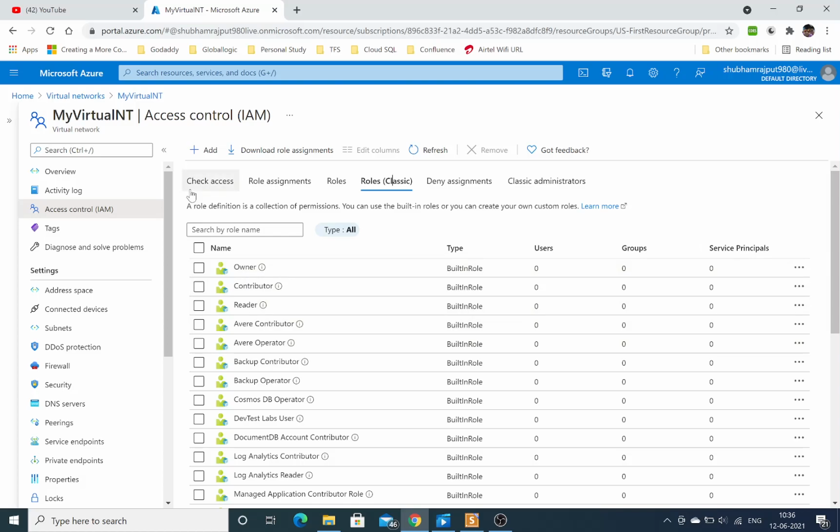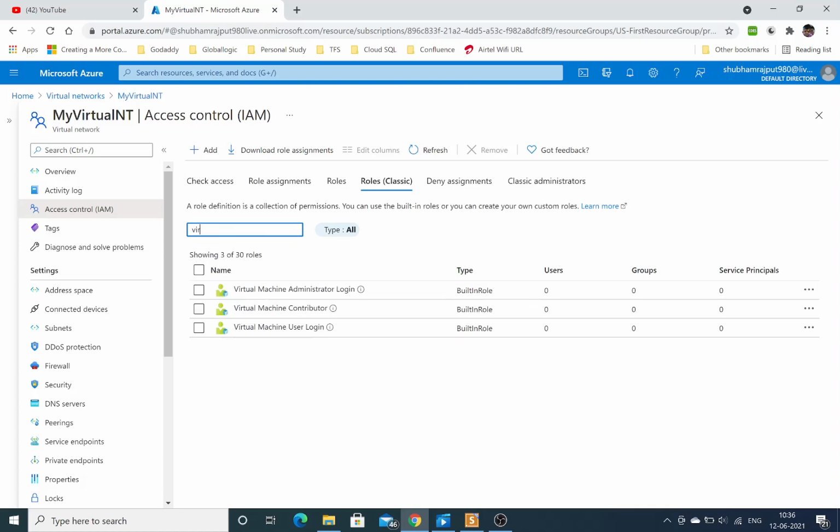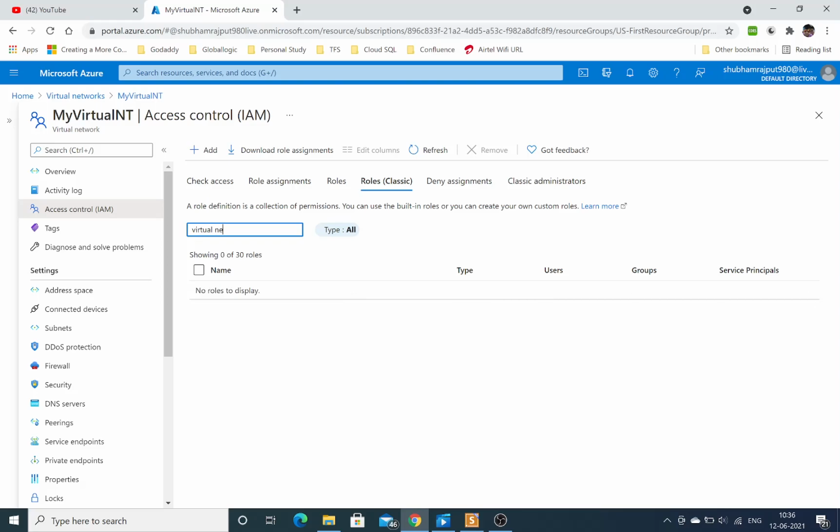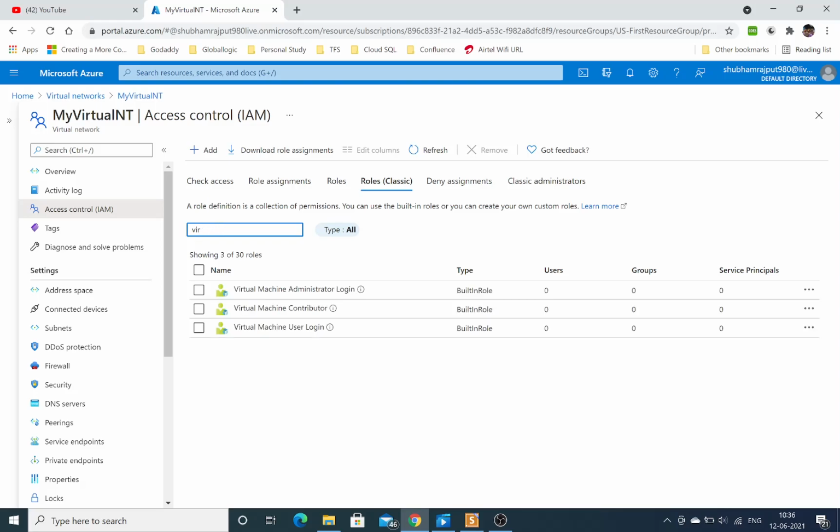In a real-time scenario, there could be some DevOps team member who needs access for this VNet and subnet. We can provide them access by using the virtual network contributor role.